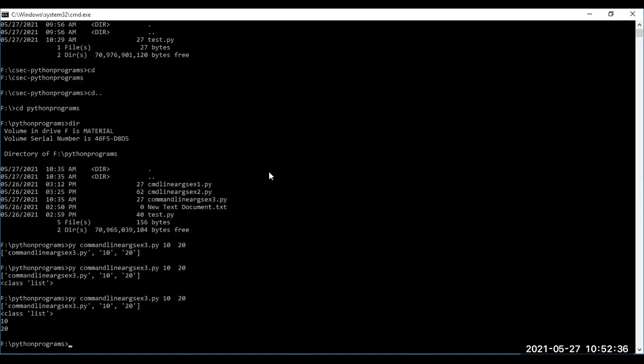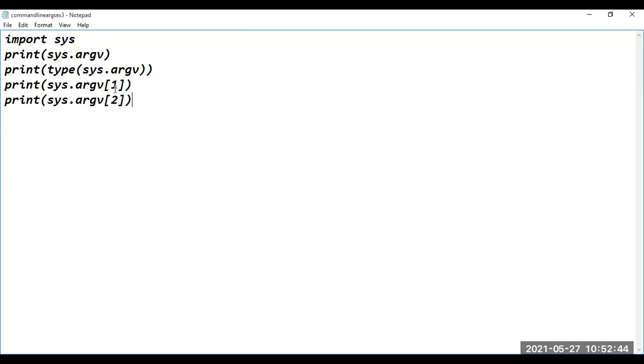Now, what do I have to do? I have to perform an arithmetic operation on these two numbers. To do that, in which format are these values available? In argv of 1 and argv of 2, the values are stored in which format? Are they available in integer format? Please respond, guys. Are you following or not?